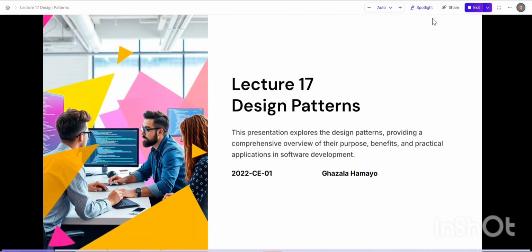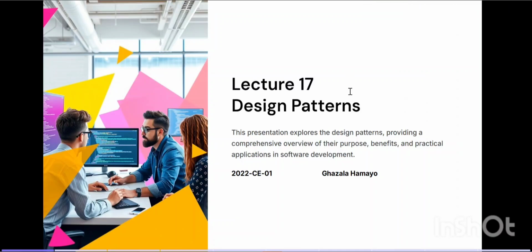Myself is Zala Hamayu and I'm going to explain lecture number 17, which is about the design patterns. In this lecture, we will explore the design patterns and their purpose and provide real world examples of how they are practiced. So now let's move on to the next slide, which is